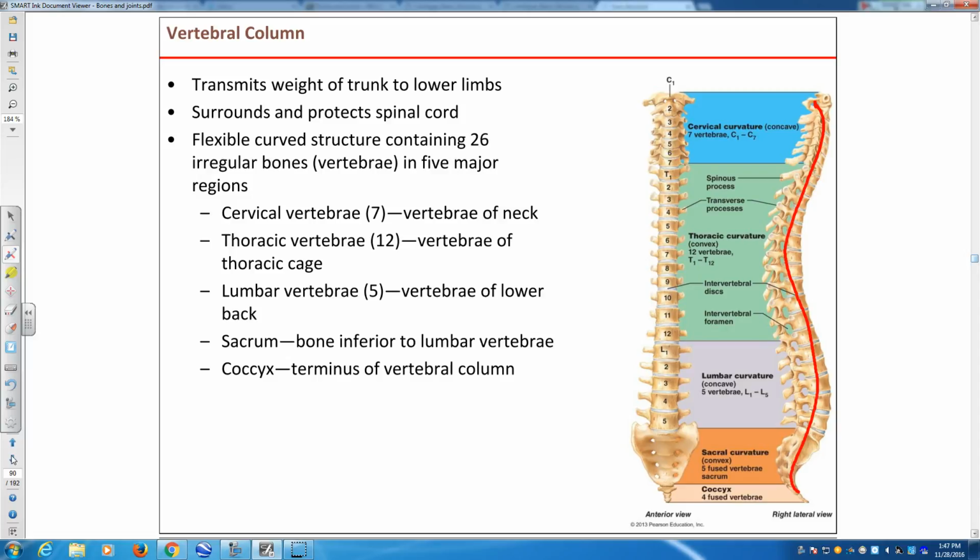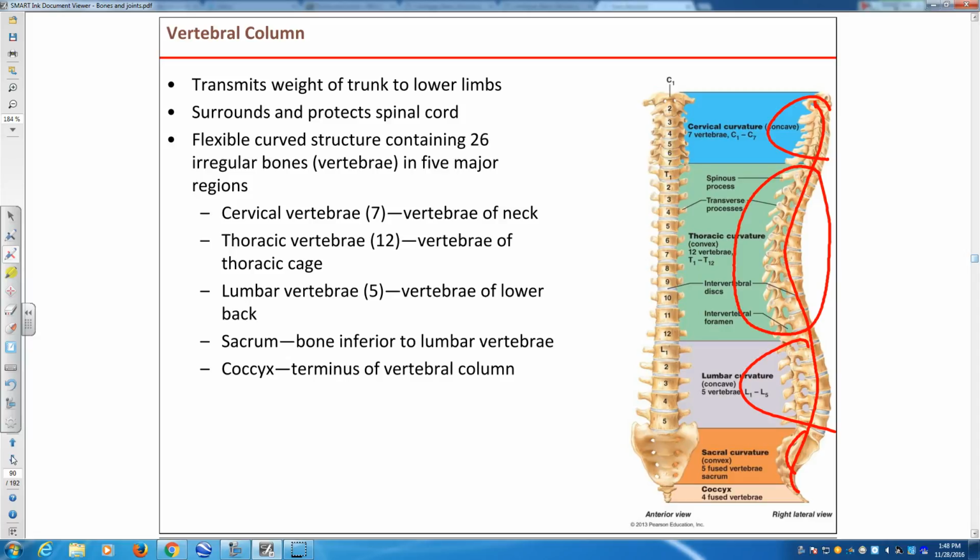So it has cervical curvature right here with 7 cervical vertebrae. Then you have thoracic curvature, okay, with 12 thoracic vertebrae. Then you have lumbar curvature with 5 lumbar vertebrae, and then sacral curvature